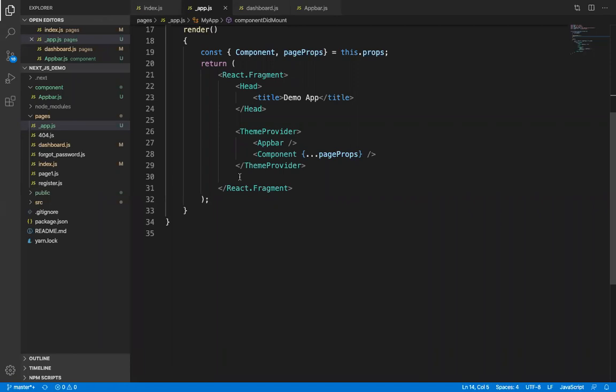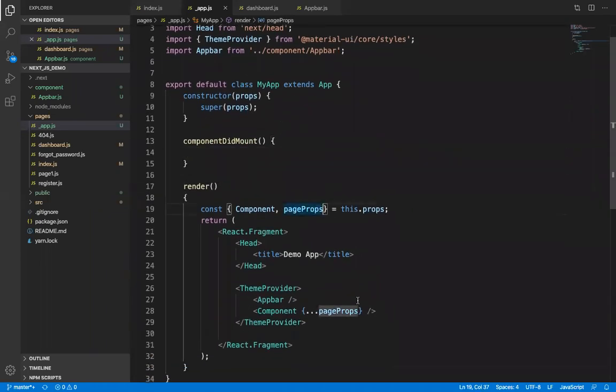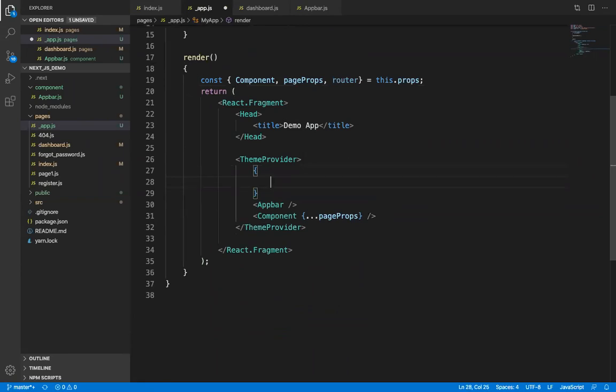If the path is equal to login, then it won't show the app bar. So what we'll do, inside the props it also gives us a router. So what the router will do now, I'll check here, router.pathname equals to slash.